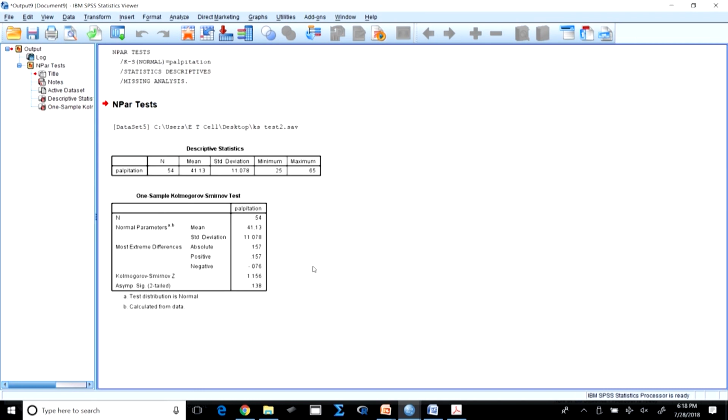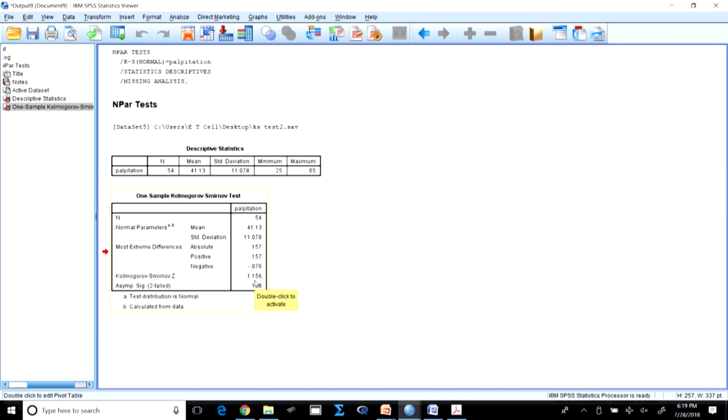Now, from the one sample test, if you look at this value, it is giving you a significance value of 0.138. Now, when we say it is 0.138, what do you mean? That means the null hypothesis is to be accepted or rejected? The null hypothesis is to be accepted because it is greater than 0.05. So, if it is greater than 0.05, you have to accept the null hypothesis. Then what is the null hypothesis in our case? The null hypothesis is that there is no difference between the data, right, there is no difference.